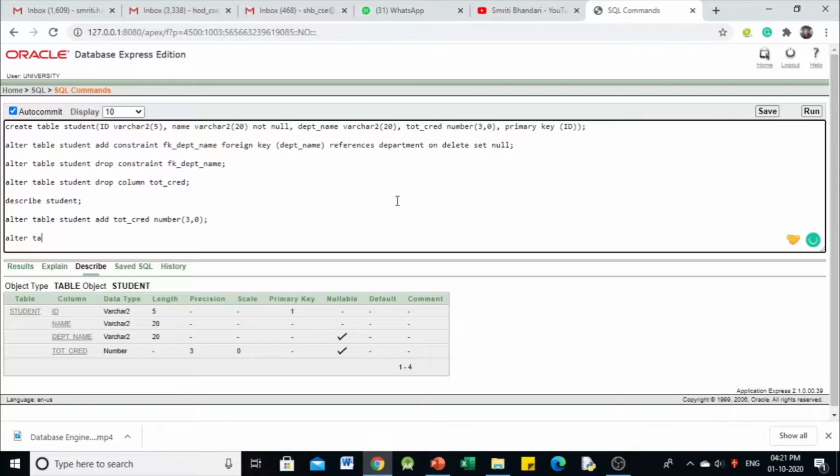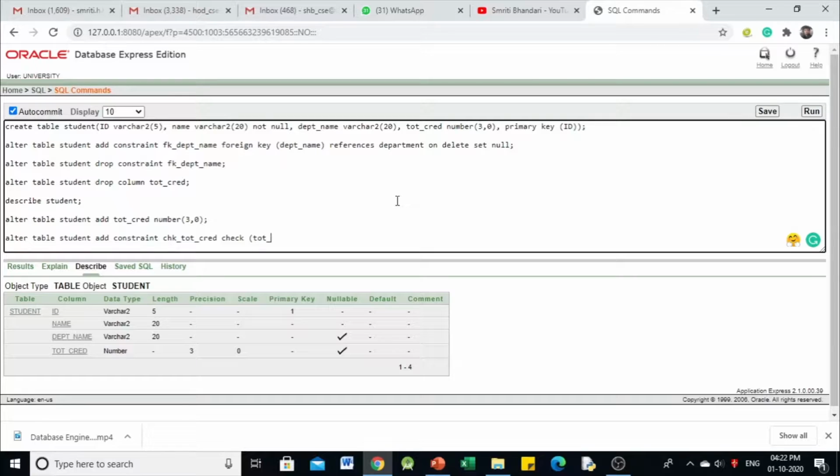So alter table, which table to be altered? Student, so the name of the table, then add constraint, then the identifier for the constraint. So we are adding a check constraint, so we provide a relevant identifier. Alter table student add constraint, check total credit is the identifier, and the constraint to be added is check.